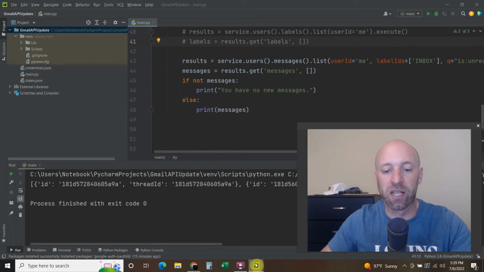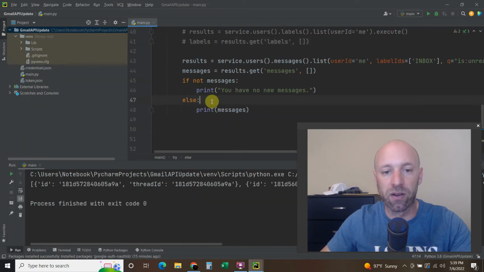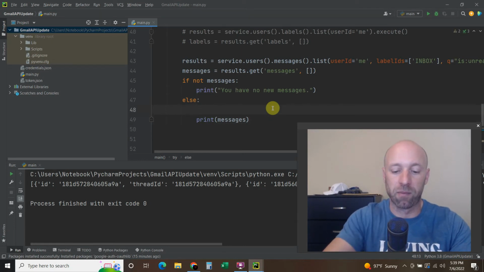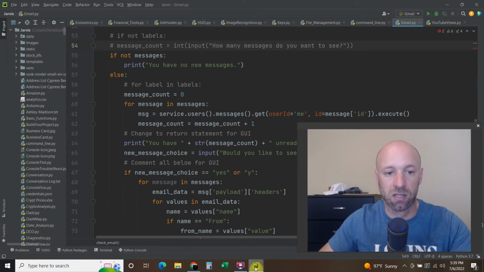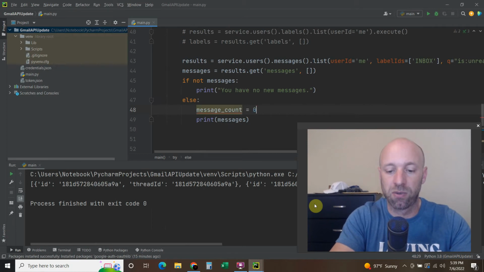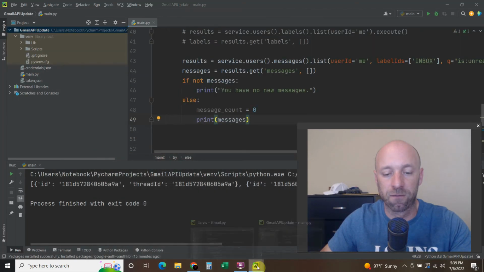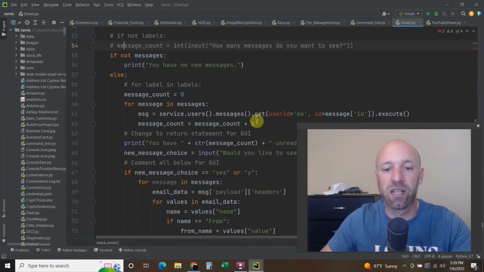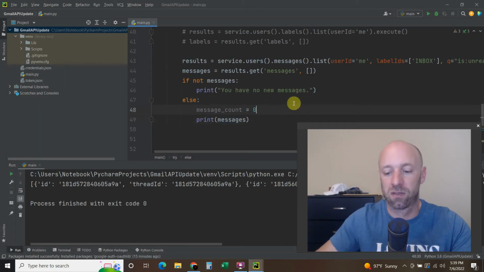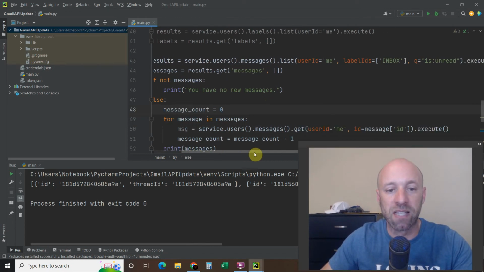All right, and now we can go back and let's do this. So else, let's go beyond messages. Let's set up a message count equals 0. So that's how we're going to start off here. And then what we're going to do in here is go for each message in messages. And so the message is going to equal